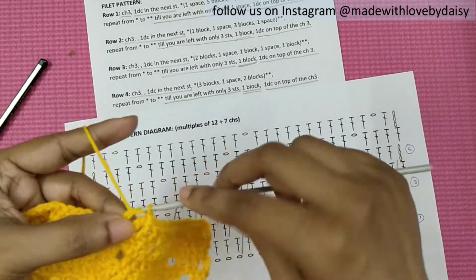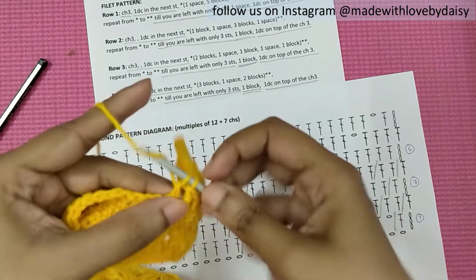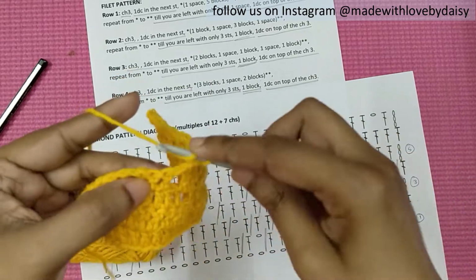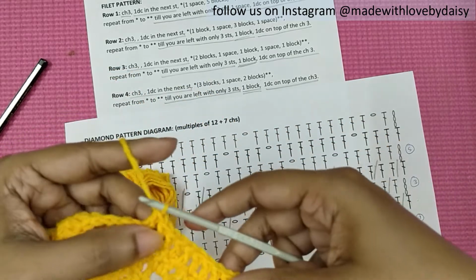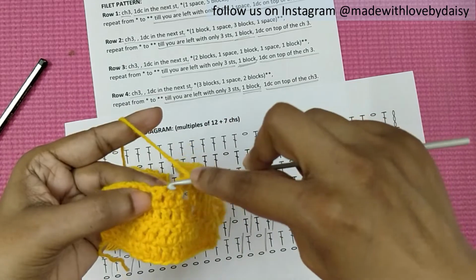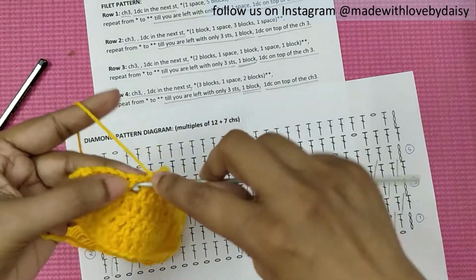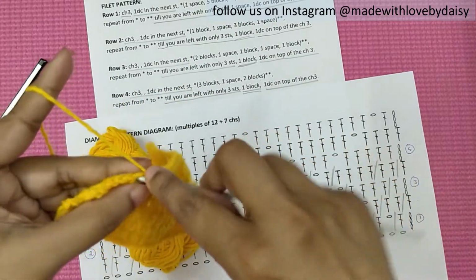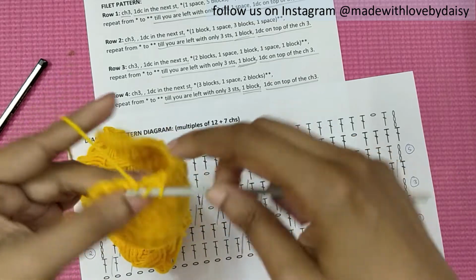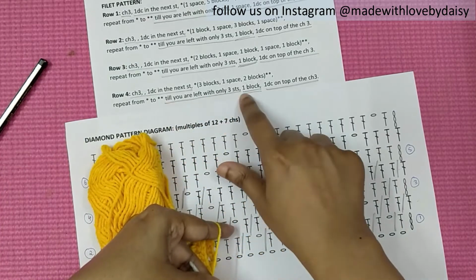So we go ahead and do 3 blocks, so that is 1, 2, 3, 4, 5 and 6, and then we have 1 space, so chain 1, skip 1, 1 DC, and 2 blocks, so 2 blocks is 4 DCs, 1, 2, 3 and 4. So now we have only 3 stitches left, so we're here, and after that we're going to